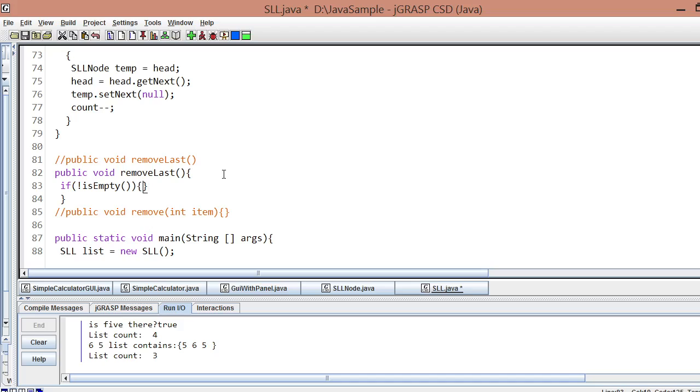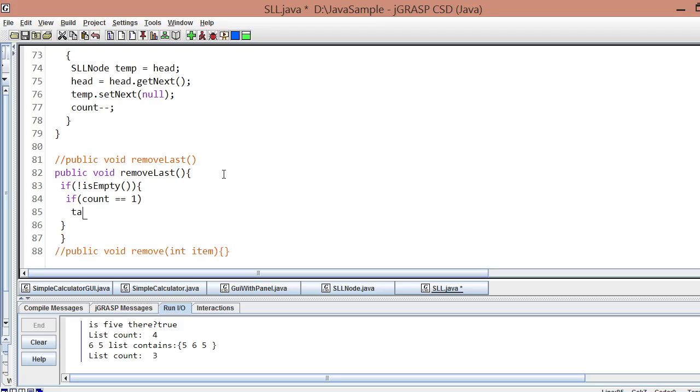If it is not empty, then we have to check, because we will do nothing if the list is empty. And then next we check whether count is just equal to 1. So if count is equal to 1, then the tail reference and the head reference should point to nothing.